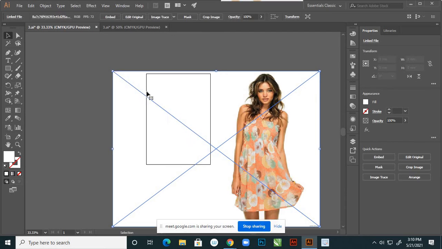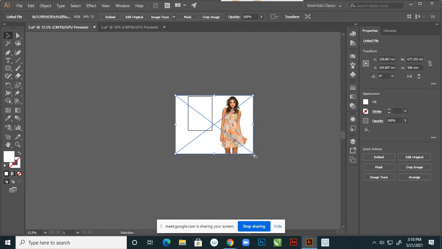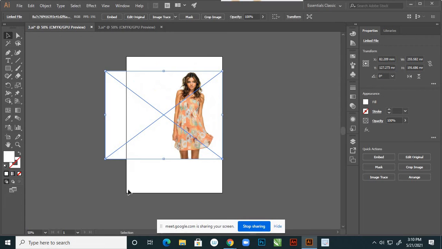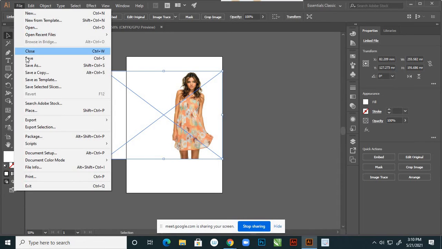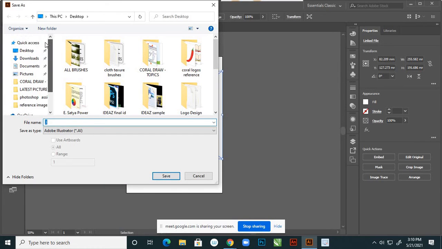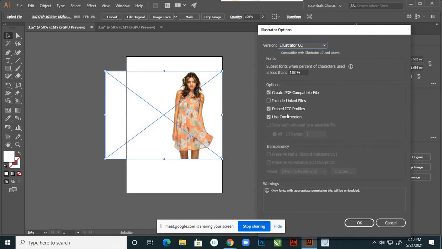Place, this is a linked file, and I want to save this, reduce this size, because it is a linked file. And now save this file again. It is saving on the desktop, save. Here see, in the Illustrator saving options it is asking whether you want to include linked files or not.